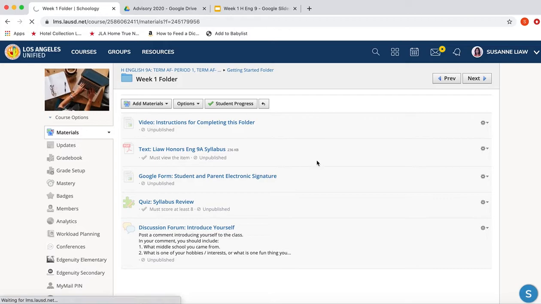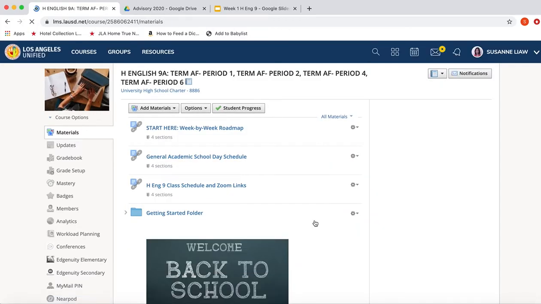So that is pretty much an overview of how you should be interacting with Schoology. Remember, you log into your English class, check the materials page, check the updates page, start with the roadmap. The roadmap tells you which folder to go into, and then you can start working on the materials in that folder. And remember, if you ever need the link to your Zoom classes, it's in the roadmap, but